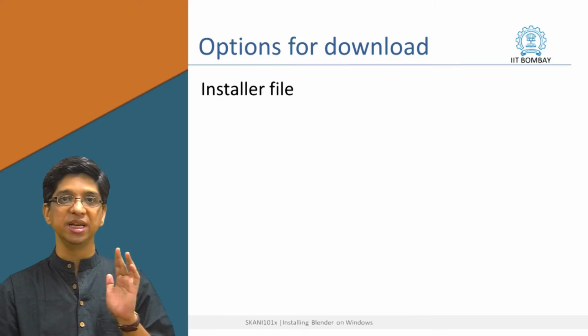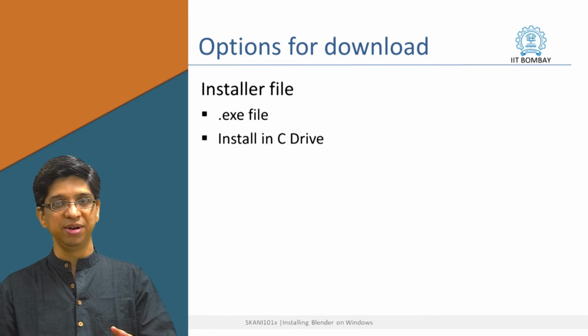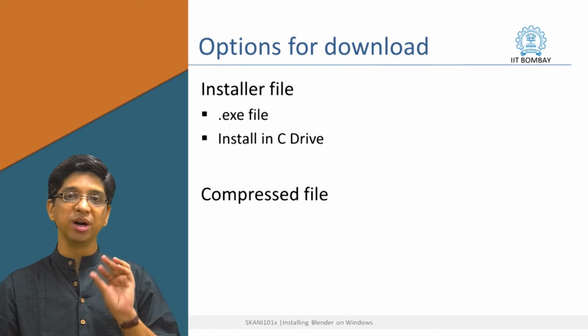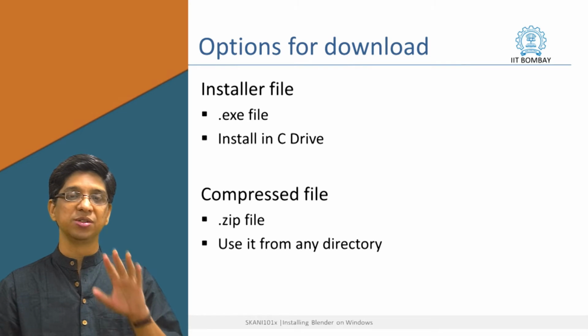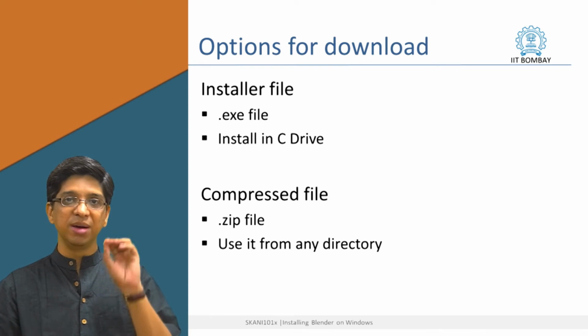So once you know that you have to download either 64-bit or 32-bit, then there are two options. One is the installer file. The installer file can be installed directly into the C drive, and it will appear in your programs installed and also on the startup button where you want to start a particular program. On the other hand, the compressed file is working from an independent directory. So if you want to use it, you can put it in your D drive, G drive, F drive, whatever drive you have, but whenever you want to use it, just double click on the icon which is inside that directory. That is the only difference, otherwise in performance you won't find any other difference.